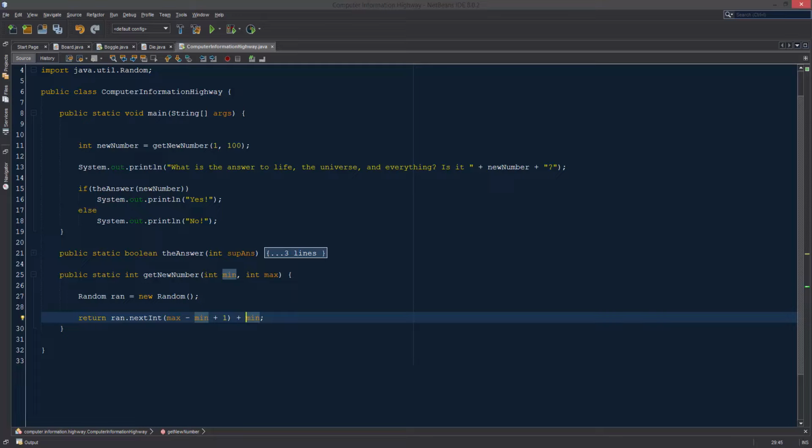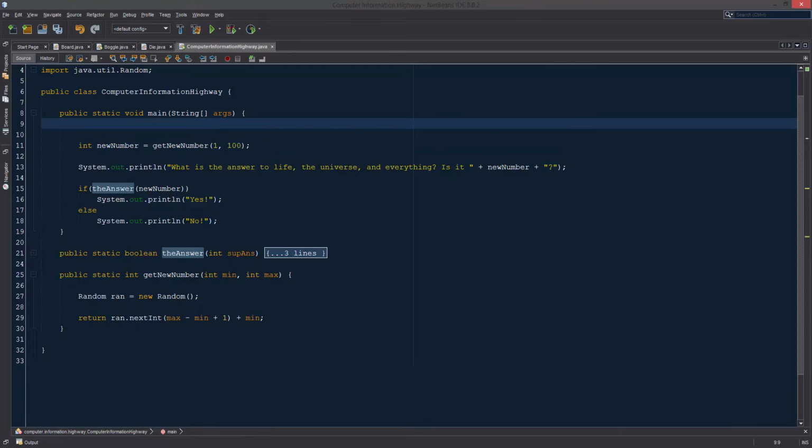What happens if it's not? How do we make this program continue until it has reached the answer to life, the universe, and everything? So what I'm going to do is use a while loop that we used before,